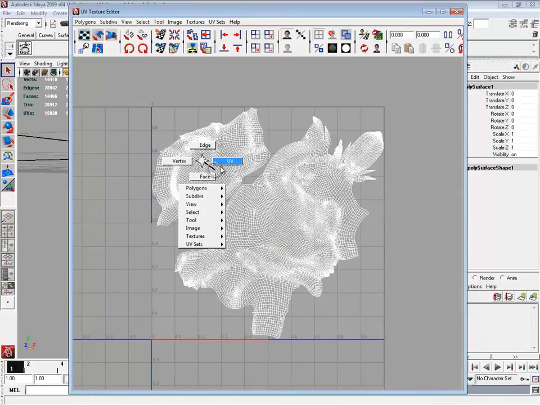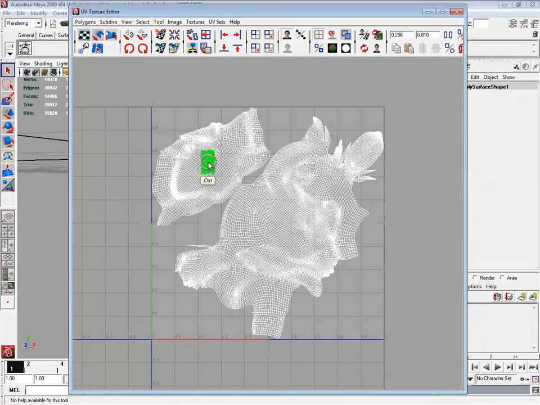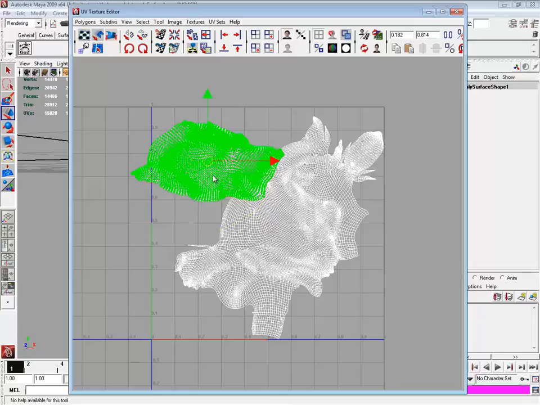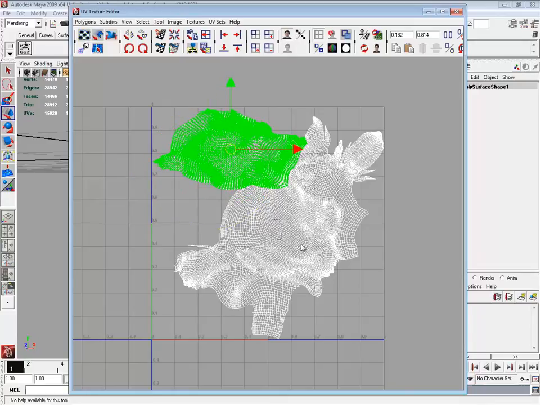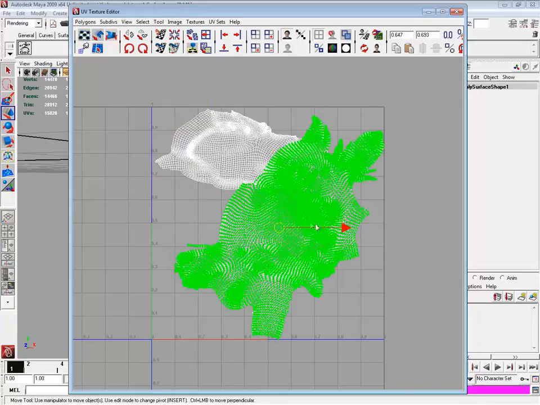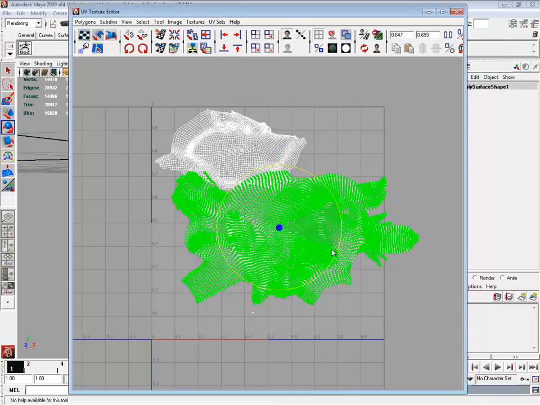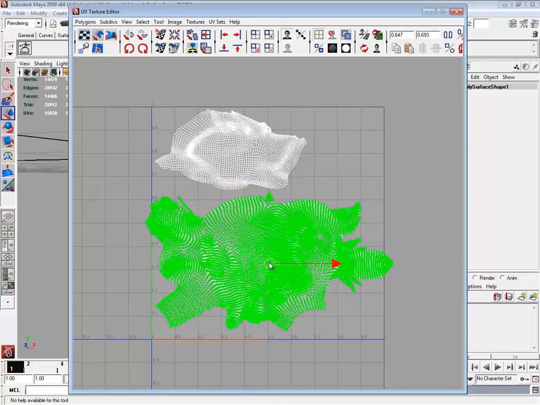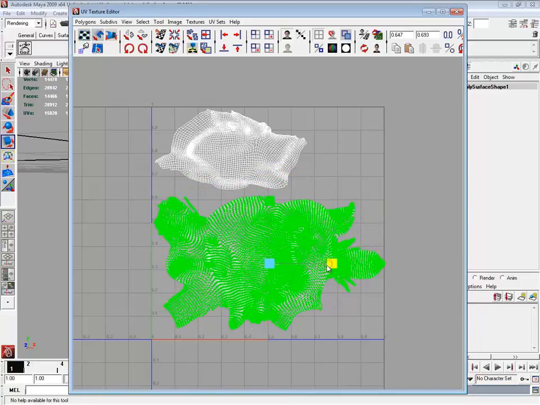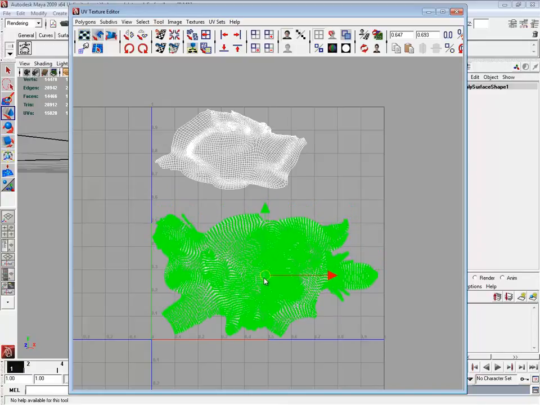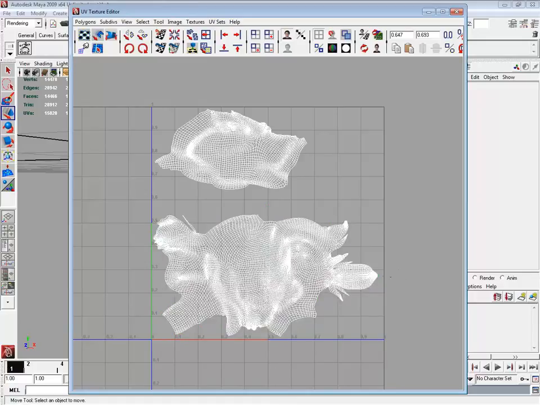Let's say UVs to shell, if we just wanted to organize this a little bit differently, and scale this in slightly. Okay, good enough for now. We've got a slightly different layout.